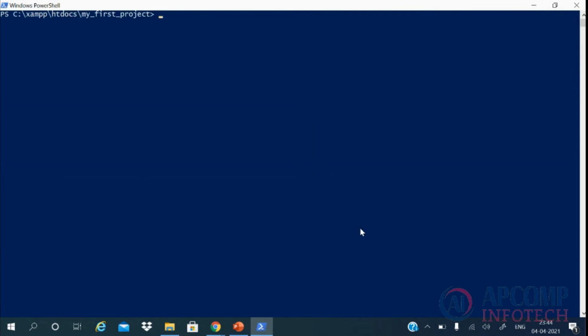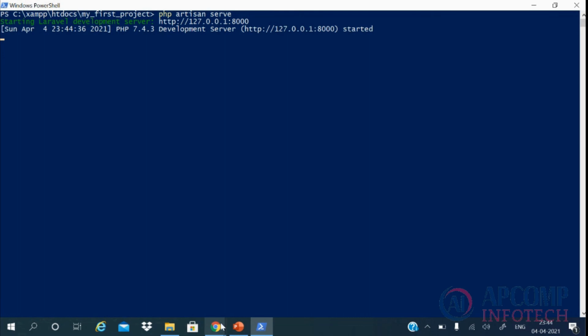Now, to start my Laravel project in development mode, I have to run a command which is php artisan serve. When I run this command, my project gets started on a development server which can be accessed from port 8000.